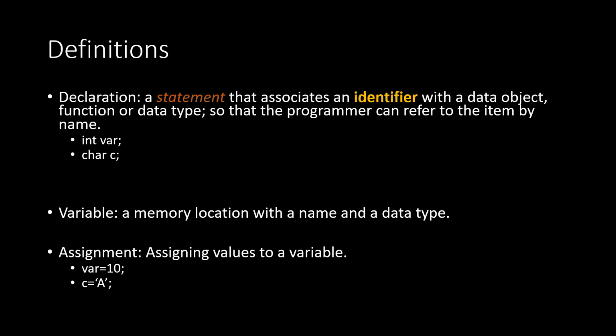Now the next definition is assignment. That is assigning a value to a variable. That step is called the assignment. We saw examples of this in the last video as well. Here we are storing some value into a variable, and this assignment step is done by this assignment operator, which is the equal sign. Okay, so this step is the assignment step, where the variable actually gets some value or